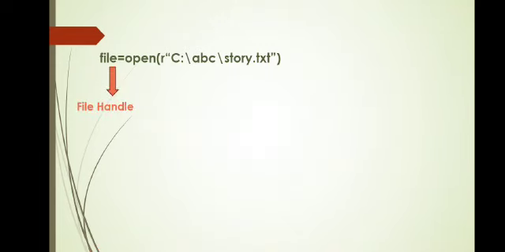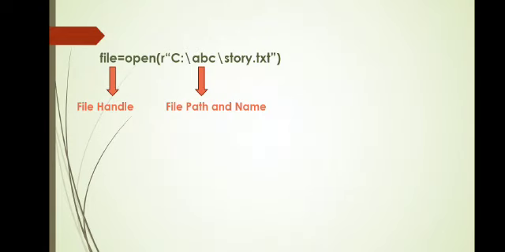As you will see over here, I have written again the same thing. Same file handle, same path, but now the path contains single backslashes, and that complete path is preceded by the letter R. Now what is this letter R? This indicates that this string literal that we have written, if it contains any escape sequence, that escape sequence will not be interpreted.